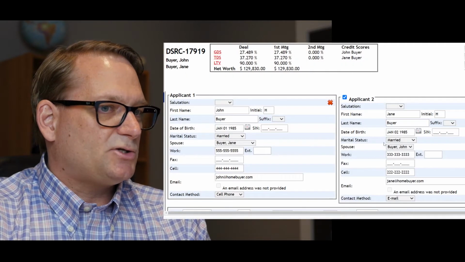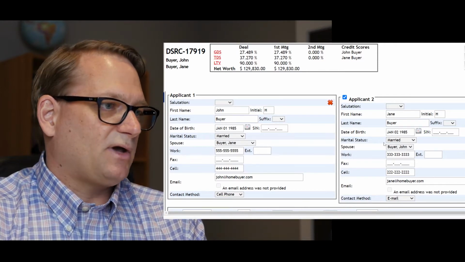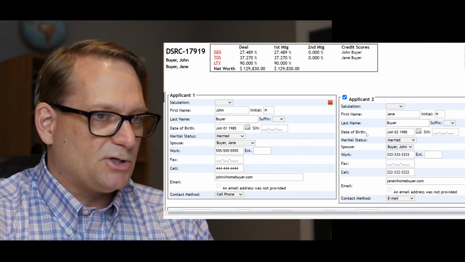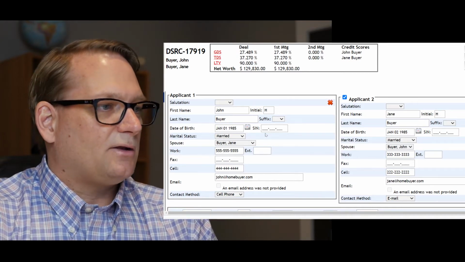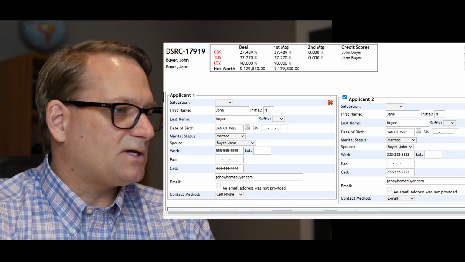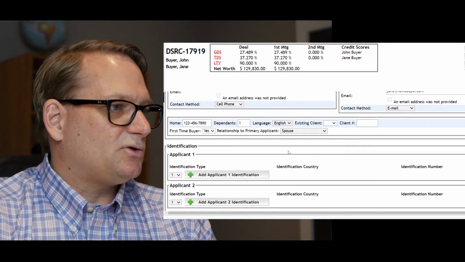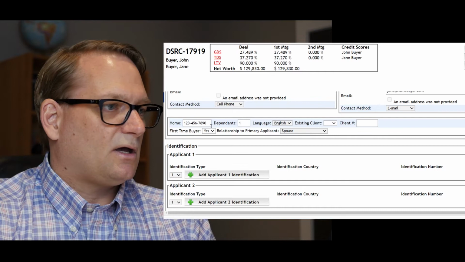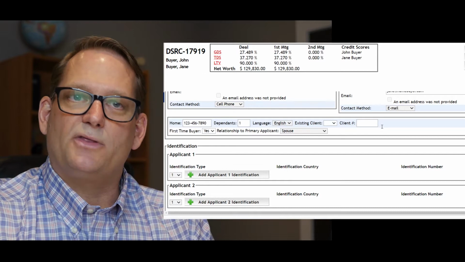This is our Filogix system for this fictitious couple, John and Jane Beyer. In the initial parts of the application, we've got a couple here. We've got their first and last names and middle initials, and date of birth for each of them as well. Social insurance number, I didn't put any number in here because they're fictitious, of course, and they're married to each other. Then I've got basic telephone numbers: work telephone numbers and cell numbers, and an email address for each of them. As it turns out, they still have a home phone, so I've got their home phone number listed right here, and they do have a child. So they've got one dependent at home, and that's the basics of the first part of the application.